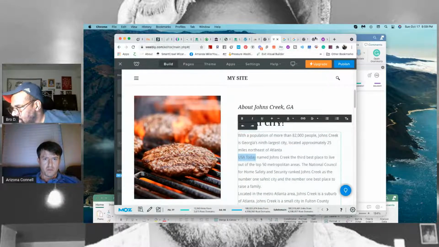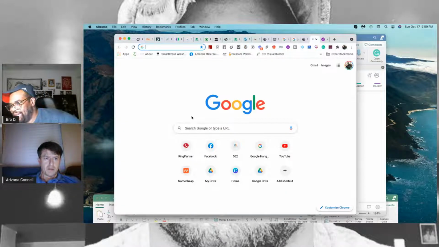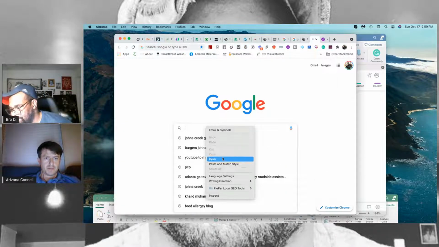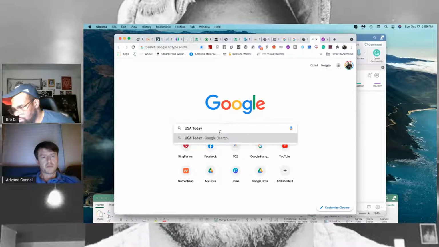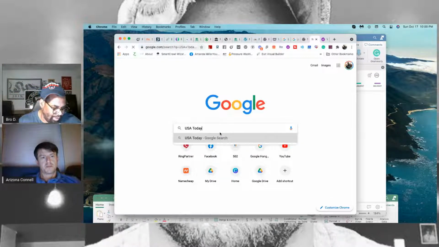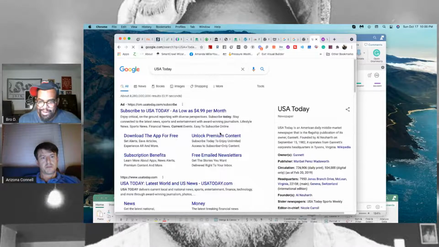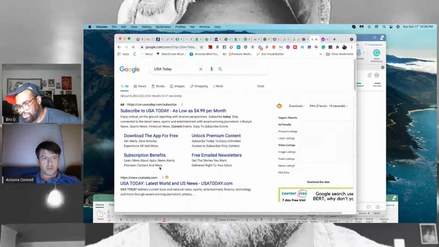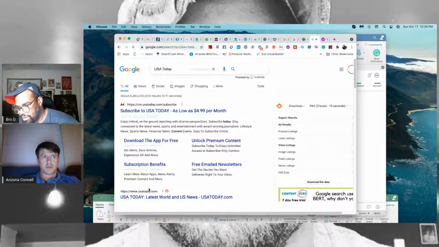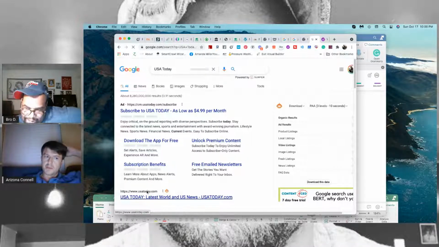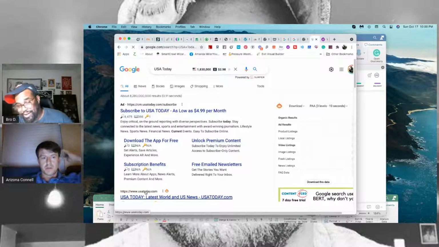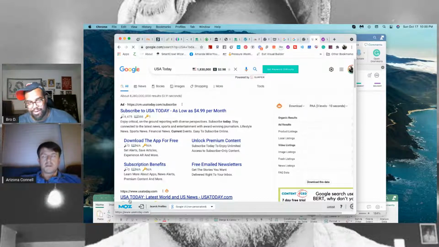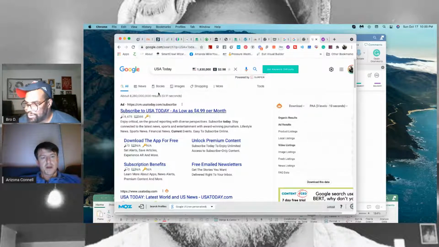Now linking, I used to not like linking outside of my space. But what it does whenever you do a backlink is you're showing relevance. You're giving it a nod of this is what this means. Not only did I say it, Wikipedia says it, USA Today says it.